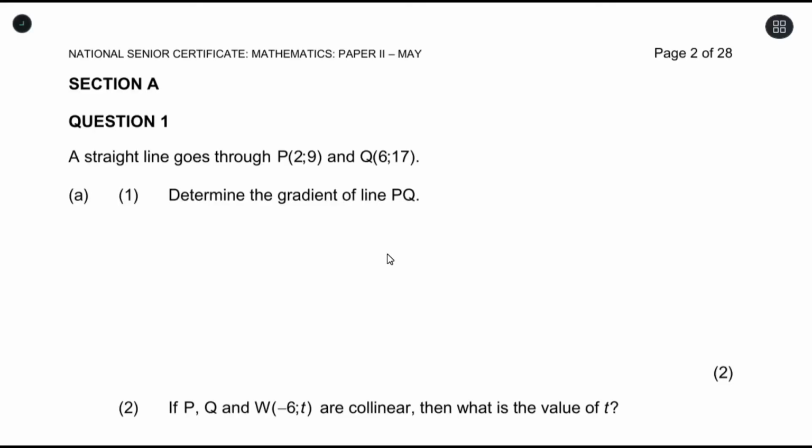So section A, question 1. The question says a straight line goes through P (2, 9) and Q (6, 17). Determine the gradient of the line PQ. To answer this, we need to use the gradient formula. Normally the gradient formula looks like this. We can write it as the gradient of PQ is equal to